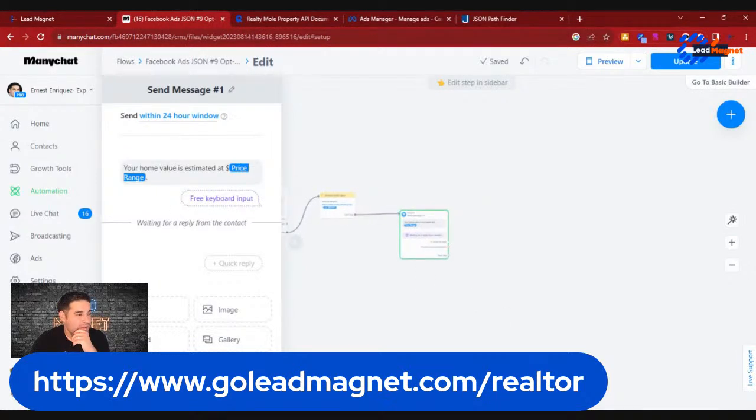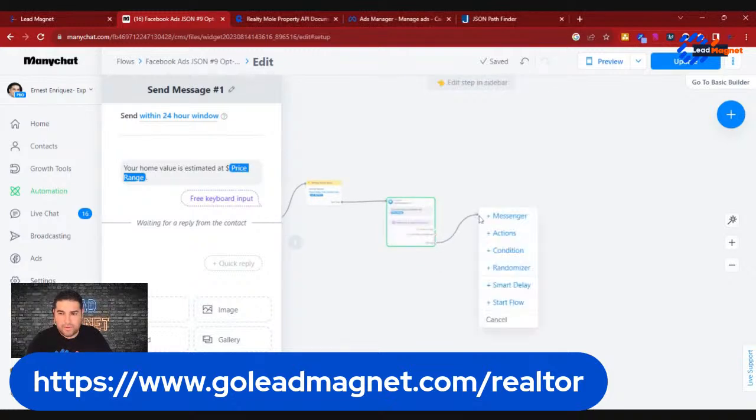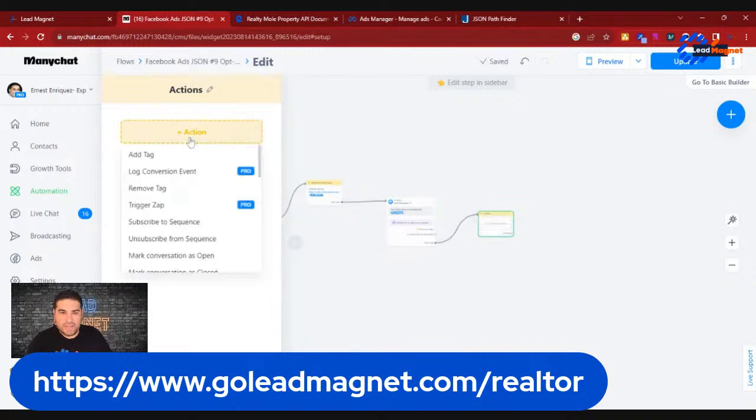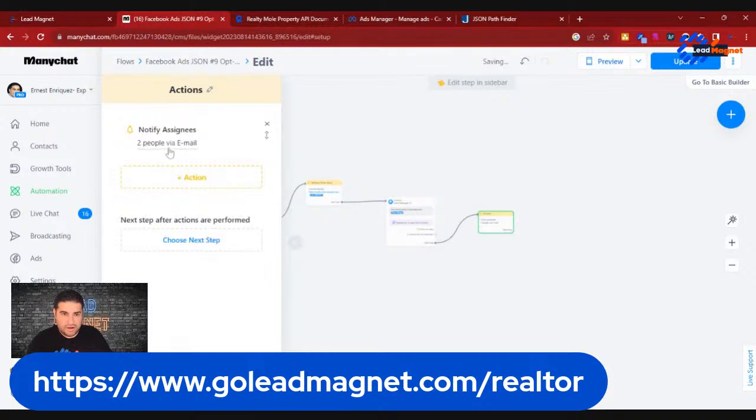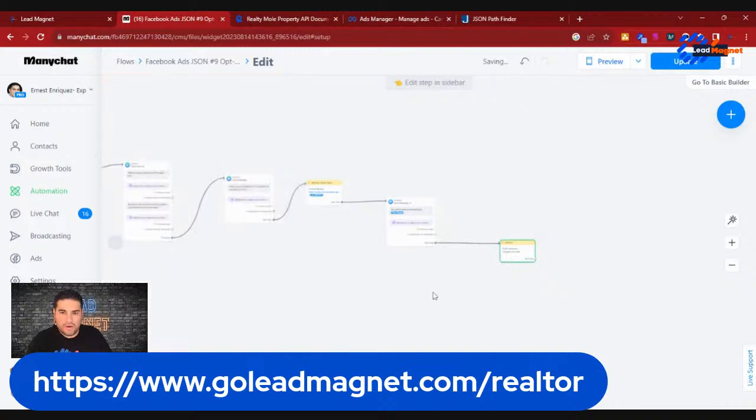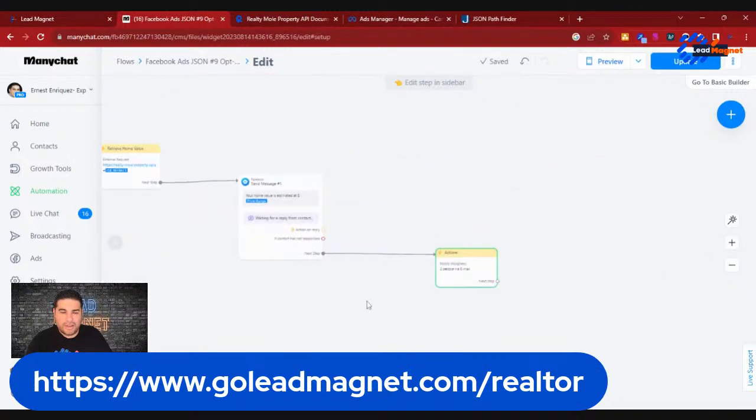or you want to get really flexible with this, some cool things that you can do are, if you have ChatGPT and you want this to loop or do whatever it is that you might want it to do, you can absolutely have it do that. Or I can just have it do an action and send a notification to notify people via email. Right. And then also, if you want to integrate this into your third party, like you want to have this contact come into your database, you could either use ManyChat's contact creation inside of Zapier, or if I wanted to,